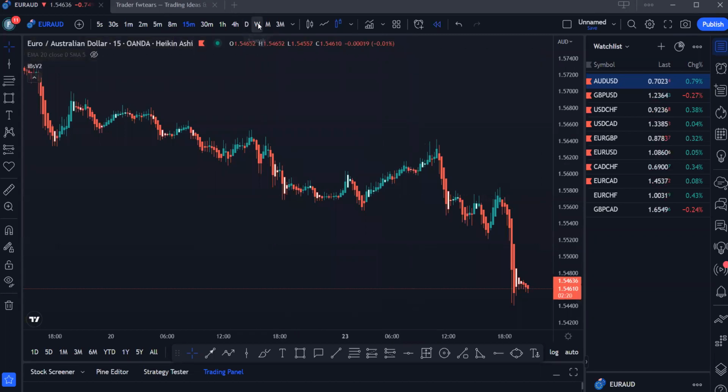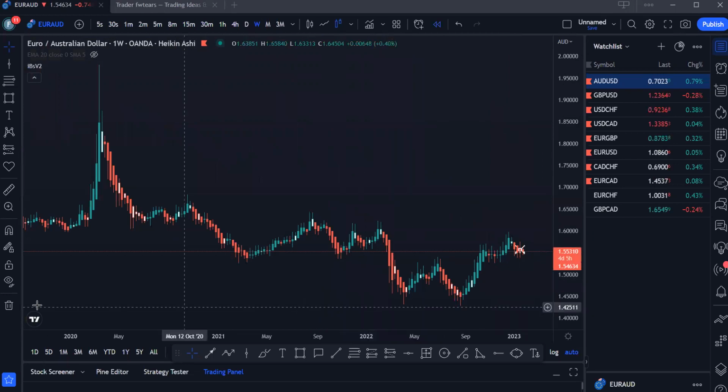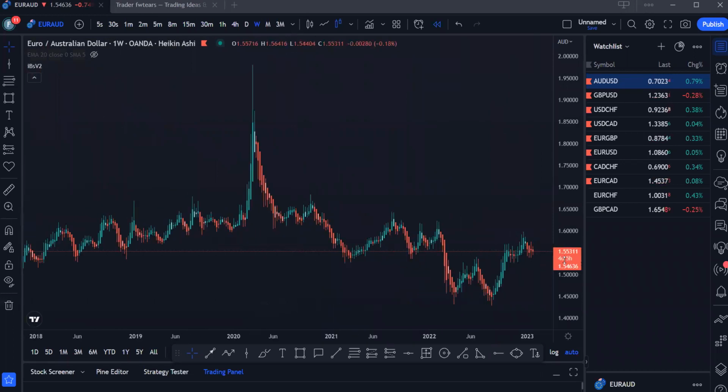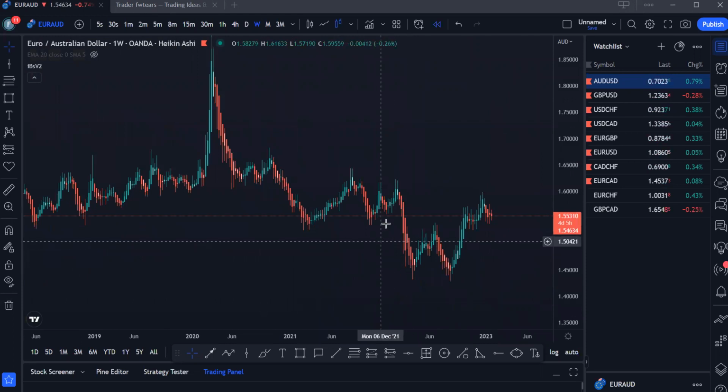As always, you're gonna go to the weekly time frame, and what you want to do is to check out the market structure. The first thing you want to do on any currency pair is to check out the trend. What is the trend? All right, what's the trend? Now, looking at Euro AUD,